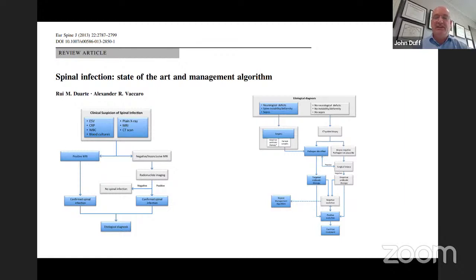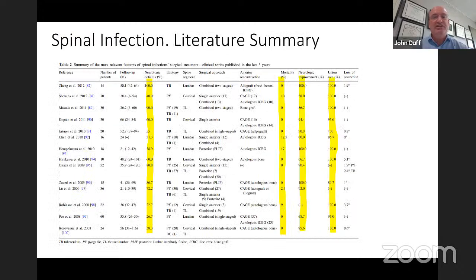And then once you've made the diagnosis, if you look at the algorithm on the right side, this is a summary of the management, and essentially, again, neurological deficits and spinal instability, or both, or a patient who is septic and the infection is not controlled, are all candidates for surgery. So if we look at the surgical literature, here's a summary of some of the results from about 2004 to 2012 that were published in the literature